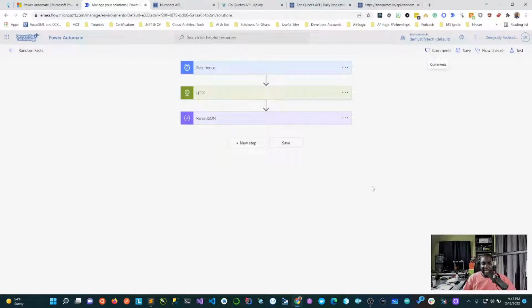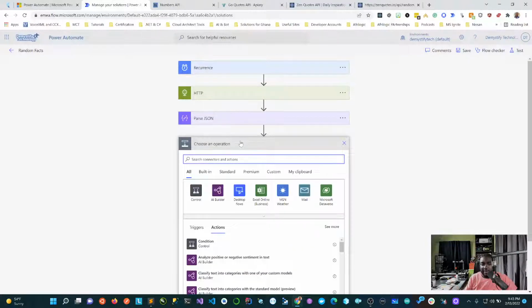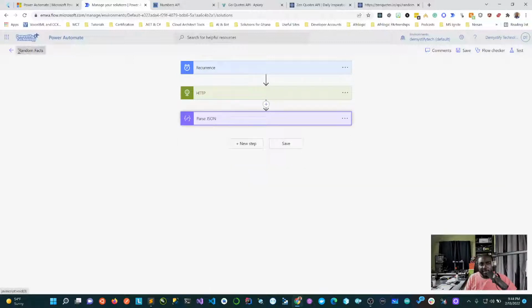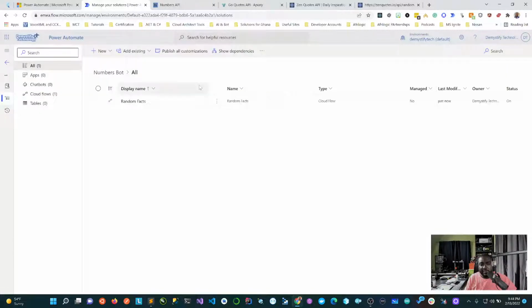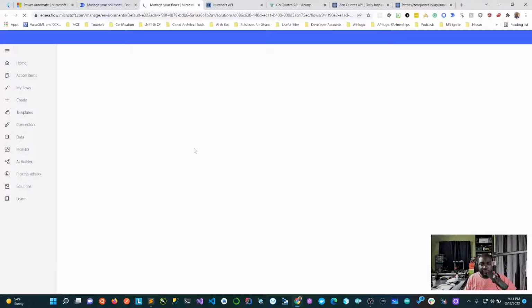So let's go ahead and edit. Now we know that we are getting a random code. We are passing it. The next thing I want to do is tweet it. Or I can say, you know what, I want to get the code. But I already know, so let me just close this for now. And then if we go back and click on this, you can see all the runs that this flow has shown.